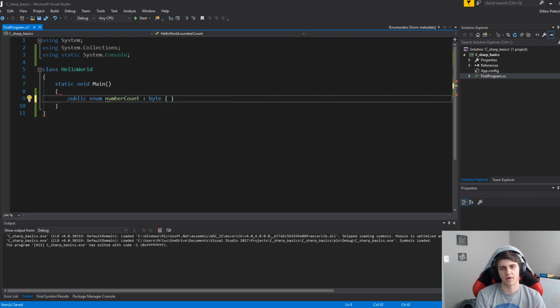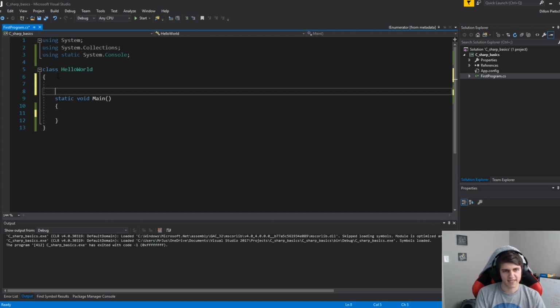int. And basically what I want to do here is just say, okay, the string ONE equals 1 and then so on, you know, just basically spell out numbers. So we'll say ONE equals 1 and then so on, like TWO equals 2, THREE equals 3. And I'm getting an error here, so I think we have to move this out of Main